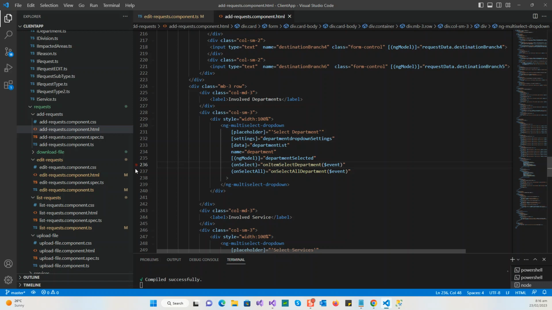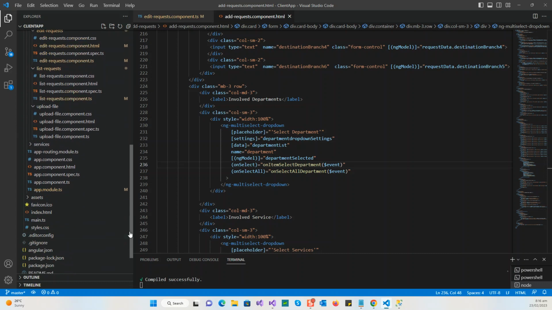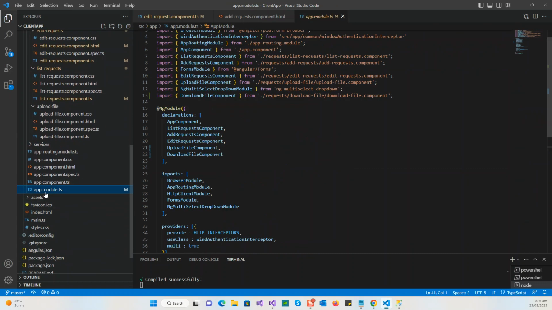So what I will show you is that, according to the component instruction in the app module, we import this one, the multi-select drop-down. Of course, you have to install it first, so it will be available in your packages. Then after that, in our